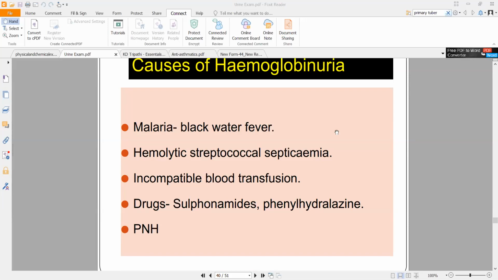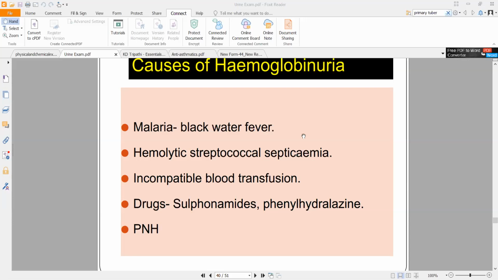In any case, what happens in malaria is Plasmodium vivax comes and it destroys your RBCs. Okay, it will destroy your hepatocytes and it will destroy your RBCs. It will basically start growing in your RBCs and growing in your hepatocytes. It will have different phases in your body, including a sexual phase, and in that also you have different phases. Because of that, your RBCs will get destroyed and they will start being excreted through your urine, as well as some intact RBCs will come along the way. That also will cause hemoglobinuria. If you have breakdown of RBC, you will get the components that are present inside RBC. The most important component inside RBC is hemoglobin, the component that carries oxygen. Okay, that is how malaria causes hemoglobinuria.